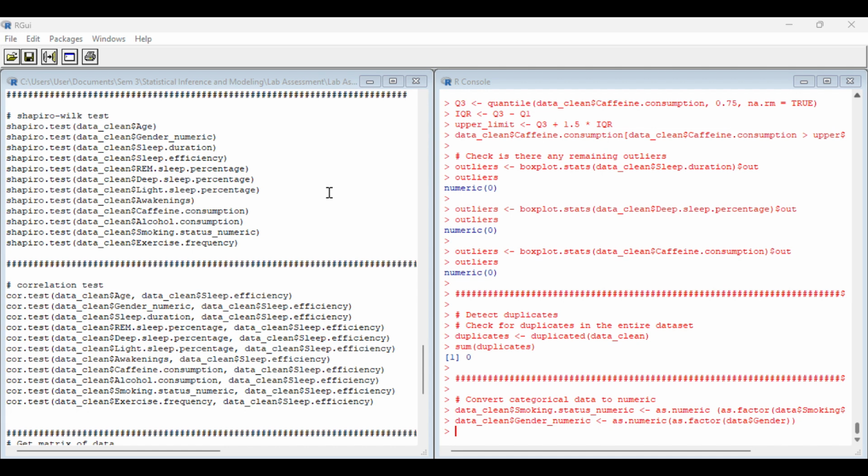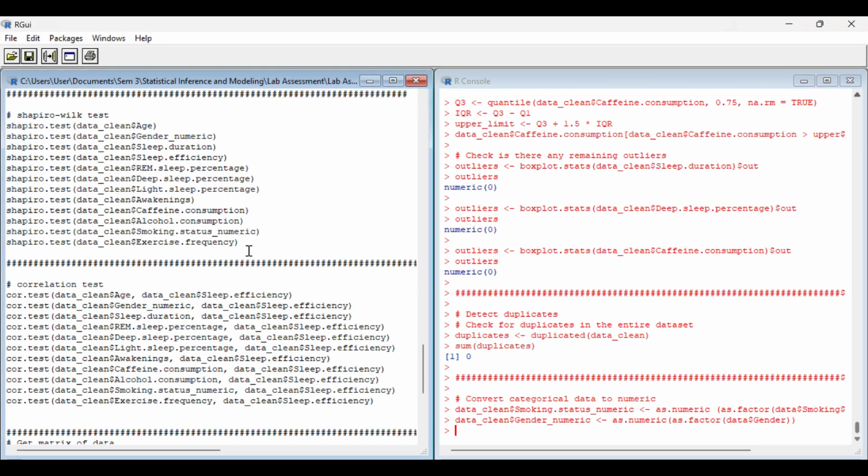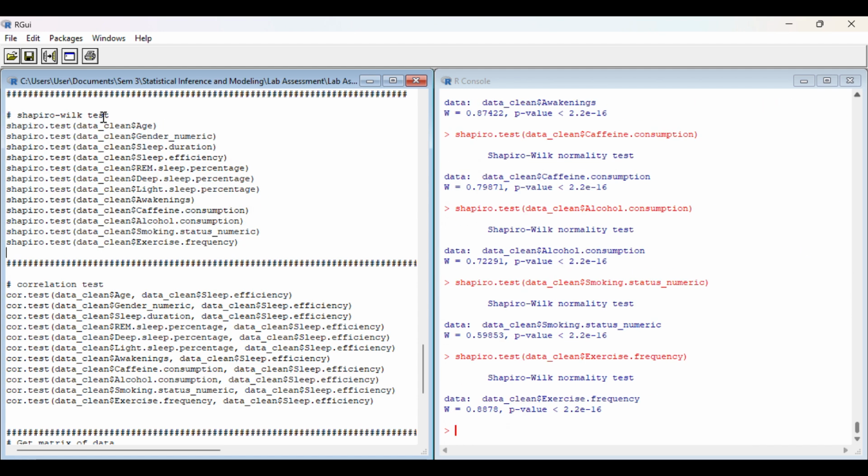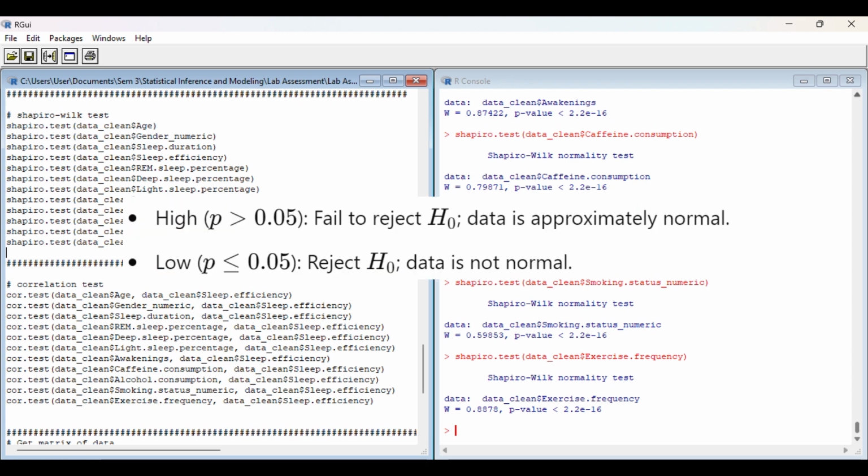To begin, I conducted the Shapiro-Wilk test to check the normality of the data using the shapiro.test function. And now we run the code. The test produces a W statistic and a p-value to interpret the result. If the p-value is greater than 0.05, the data is considered normally distributed. However, if the p-value is less than 0.05, the null hypothesis is rejected, indicating that the data does not follow